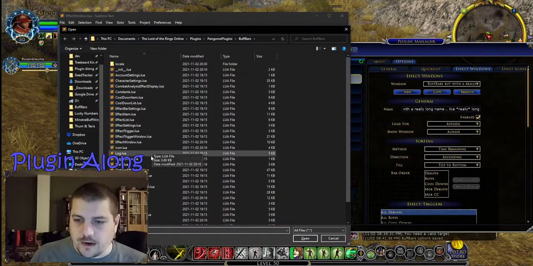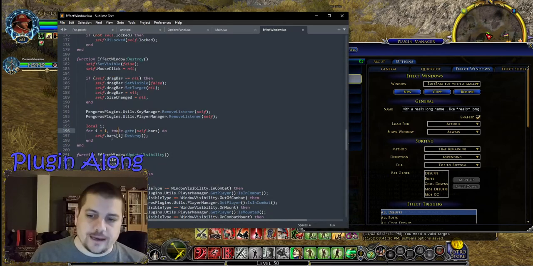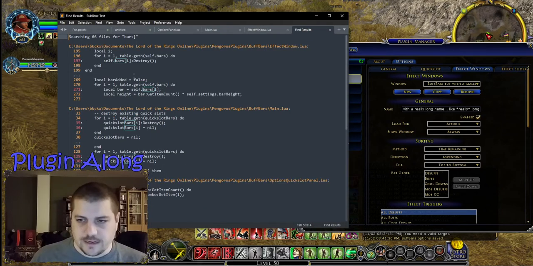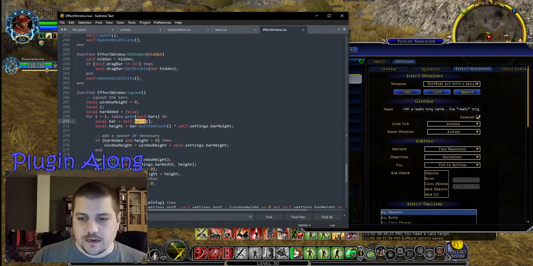Okay, what is a bar? Effect bar? No. Okay, what are you? What would you say you do here? Effect bars equals... I was really hoping for something a little bit more definitive. Bars equals...